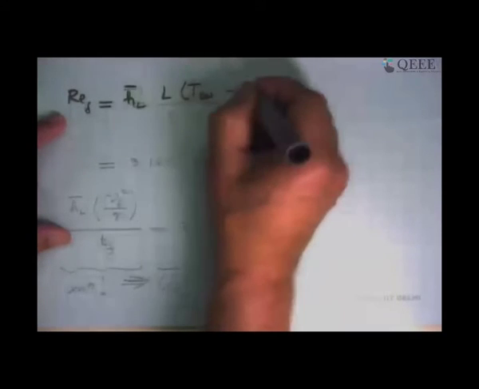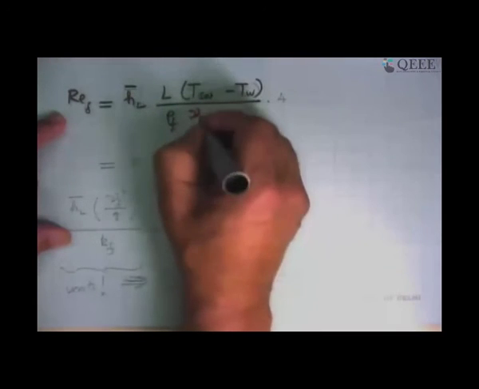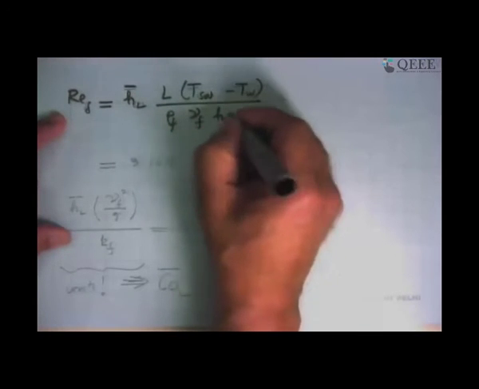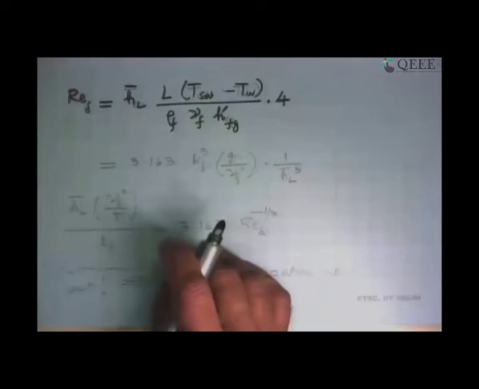Now we do what I was just saying, that try to make a completely non-dimensional relationship. So what we do is we take this Re delta definition that we had. This was h_L bar L into T_sat minus T_wall upon rho_f mu_f h_fg prime, multiplied by 4. This is coming right from the earlier definition we had in terms of mass flow rate and the perimeter. So all we have done is added all the remaining terms.